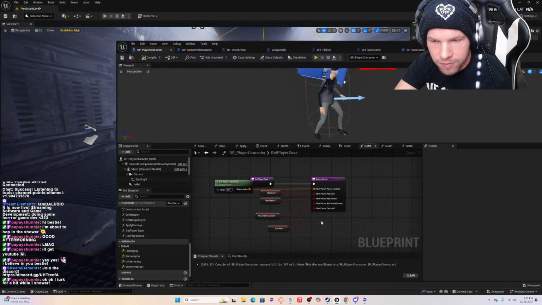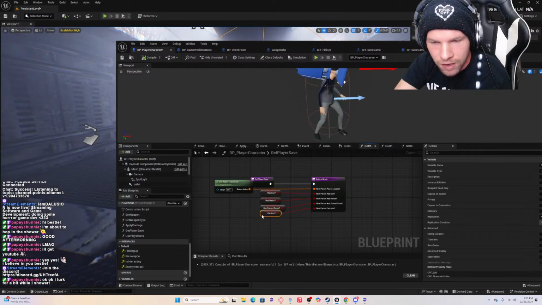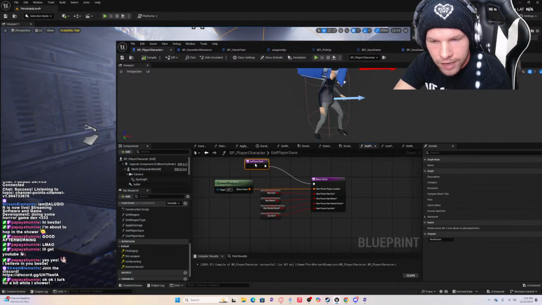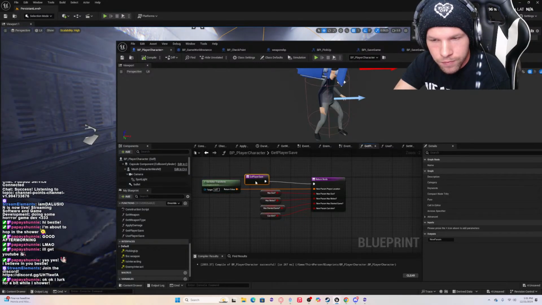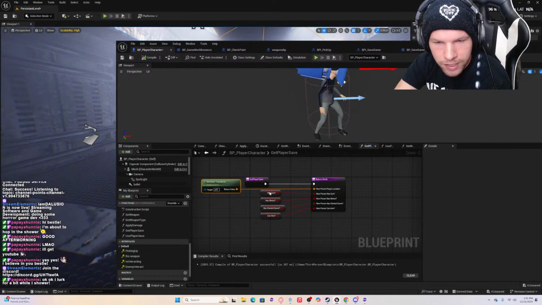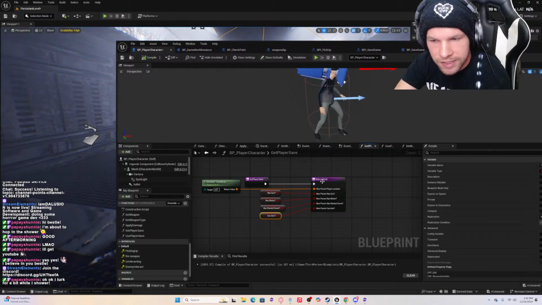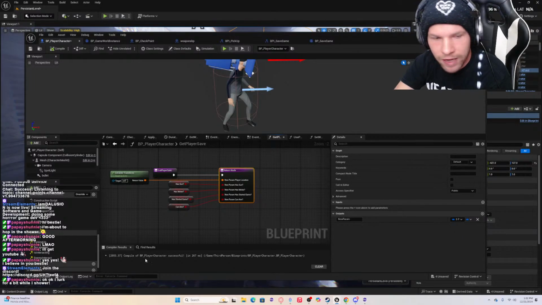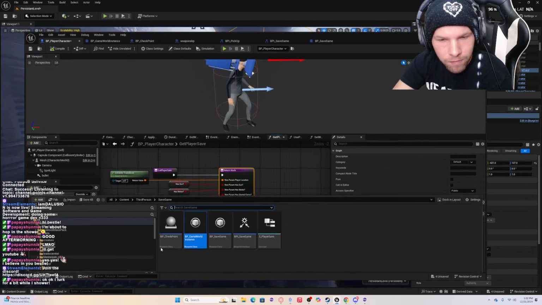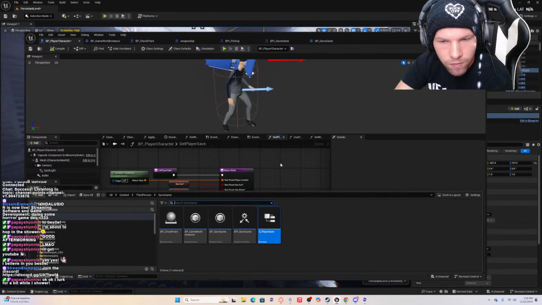I need to set up a few more variables, but for testing purposes I just want to get some of them in there. It gets the player's location and these variables, and it sets them inside this structure that we have here.